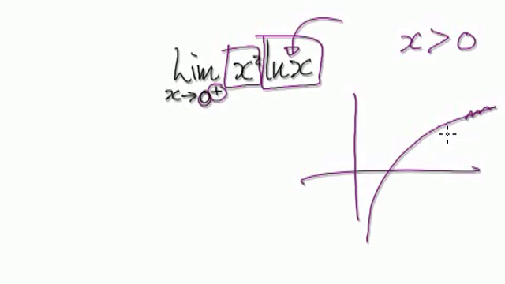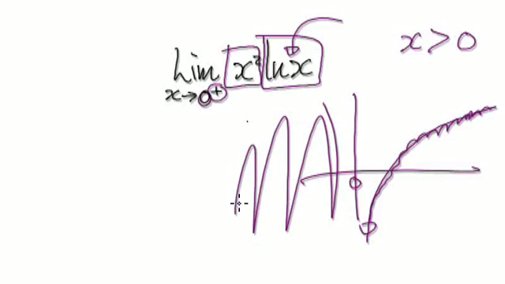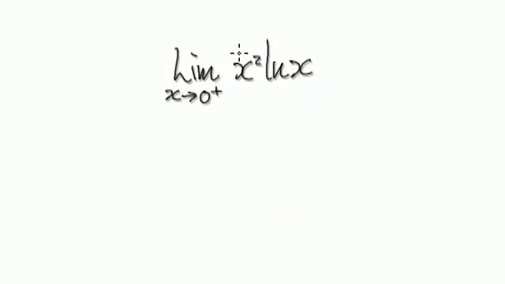So remember, 0 is here. So we want to approach 0 from the right hand side. So this is the one-sided limit. So we don't care what happens on the negative side. Okay. So here you've got one thing multiplying another thing, and as x tends to 0 from the positive